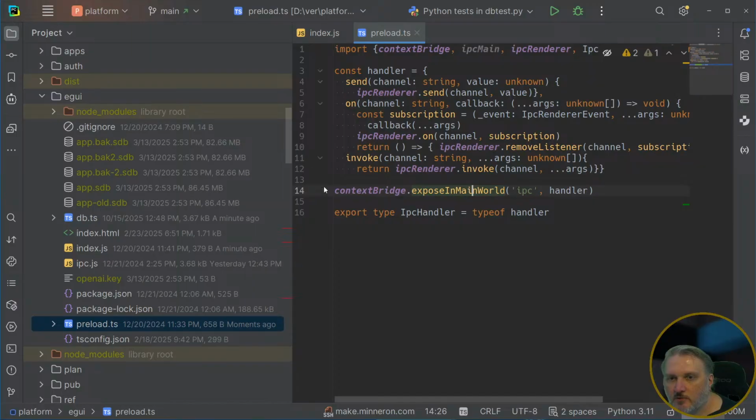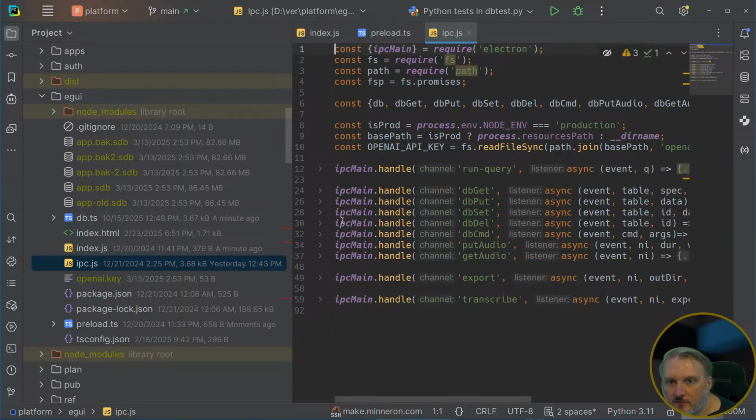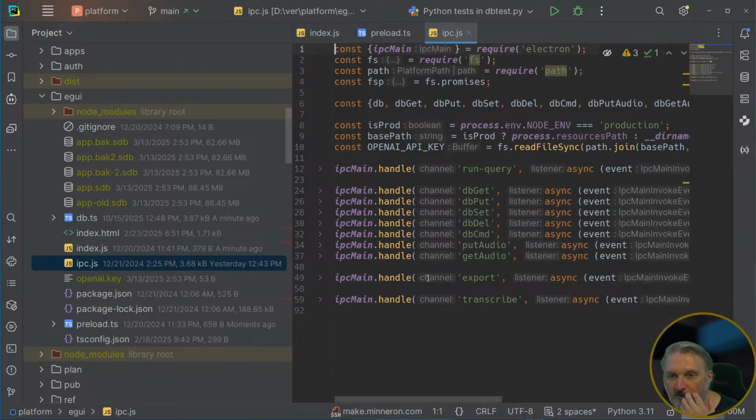But I don't remember if the main world is the renderer or the backend. I don't know. But all this is what I did before, and create this thing called IPC. I get it. So the two things are called main and renderer. These are all the things that main can do. This is the API that you're exposing for the renderer to call. The renderer can call these methods, and then